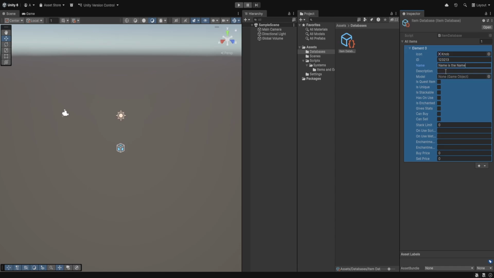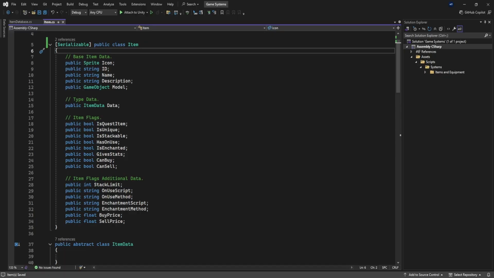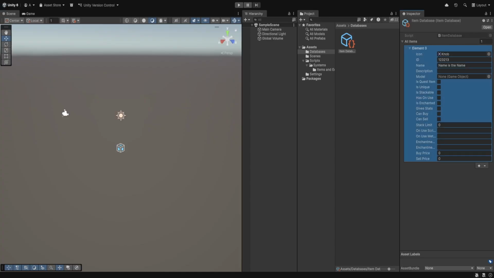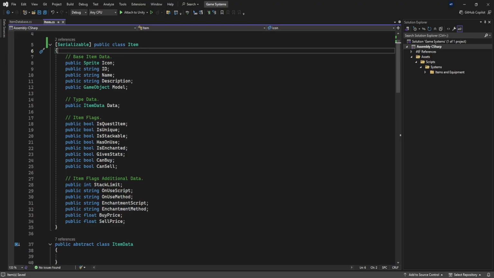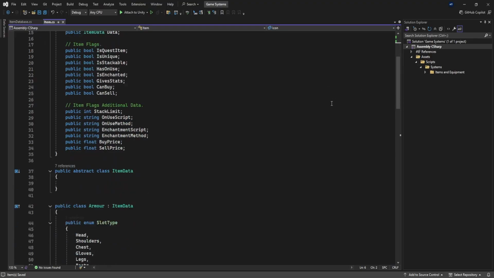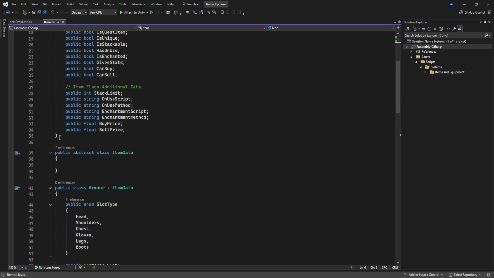What we don't have, you might notice, is we don't have the item data. And the reason for that is because Unity doesn't really know how to handle it inside of the inspector. It knows how to handle it outside of it. It's fine with that, to an extent. So what we're going to do is we're going to go back to our item class, and just below here,